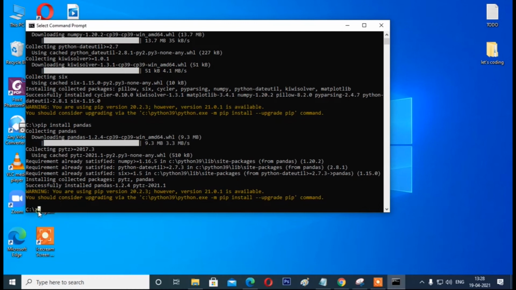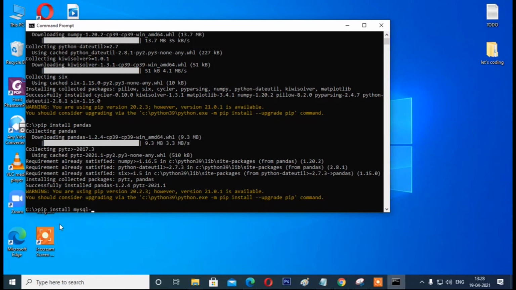Now the last package or module which you will use will be MySQL connector. So pip install mysql-connector.